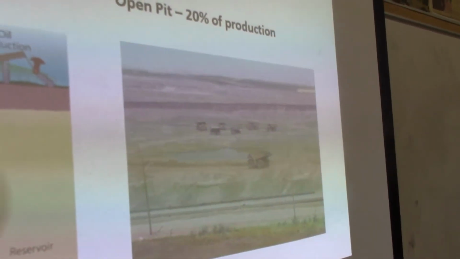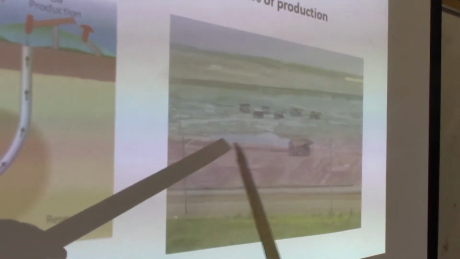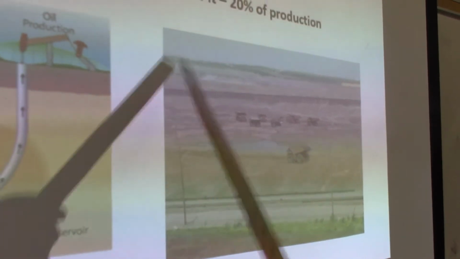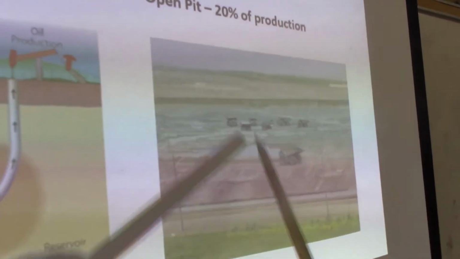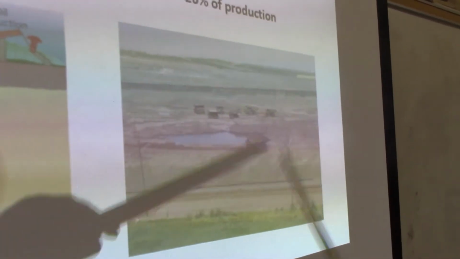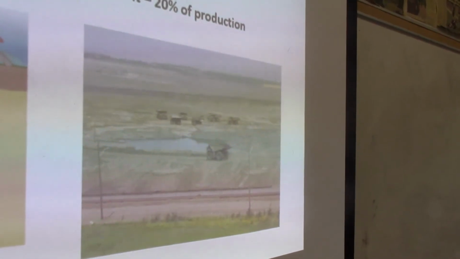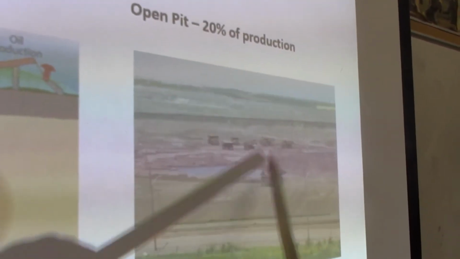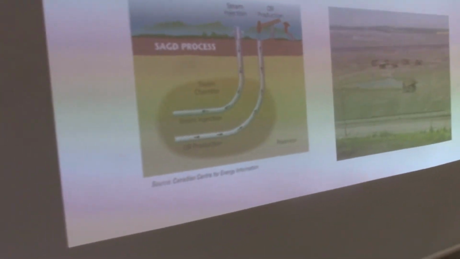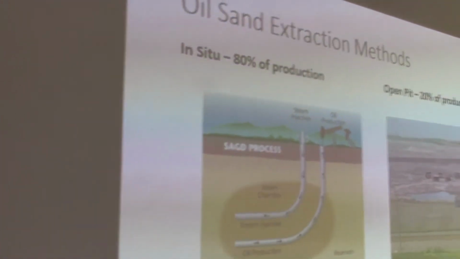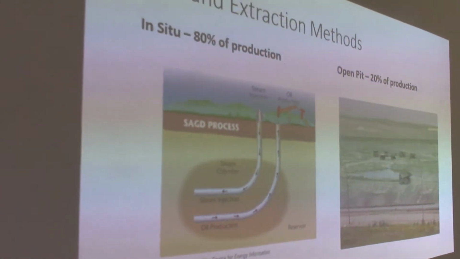Okay? So if the oil sand is less than 70 meters below the surface of the earth, it makes more sense to use a mine like this and then scrape the top soil layer off. The industry calls this overburden, which a lot of environmentalists find offensive, right? But the open pit here is only about 20% of our production. Most of our production happens this way. This is called steam-assisted gravity drainage. All right. A good example of this is the Christina Lake production facility